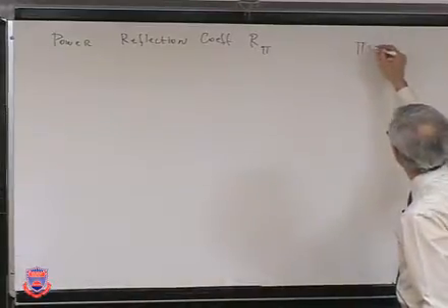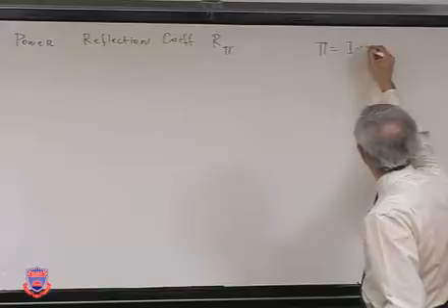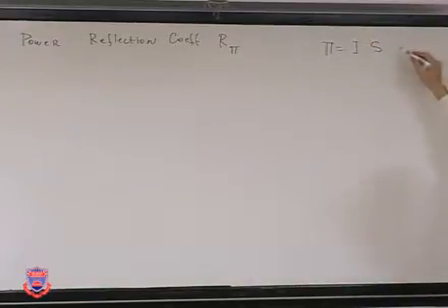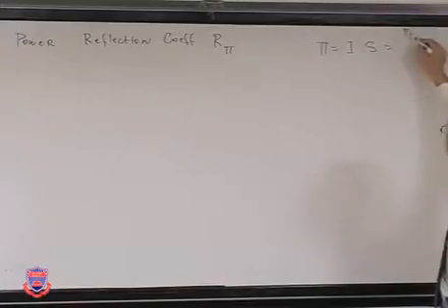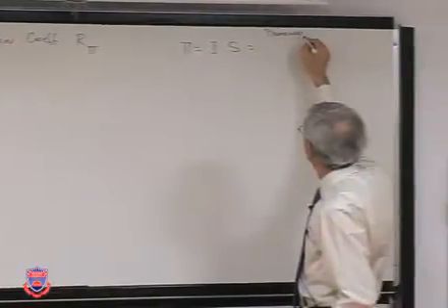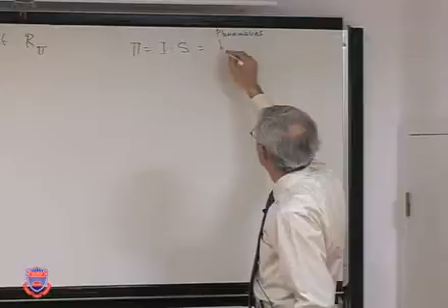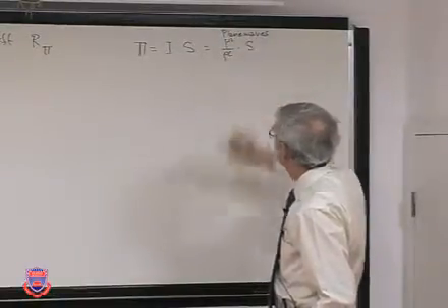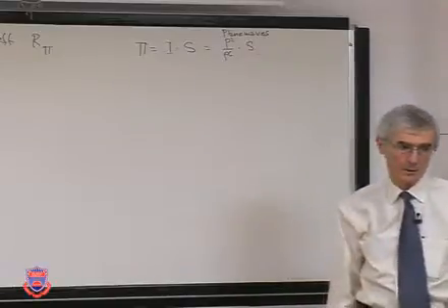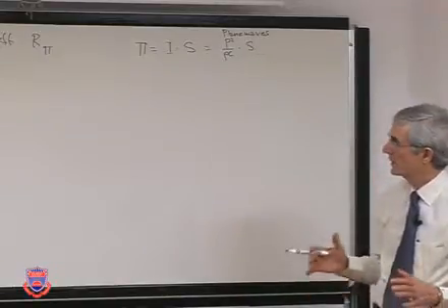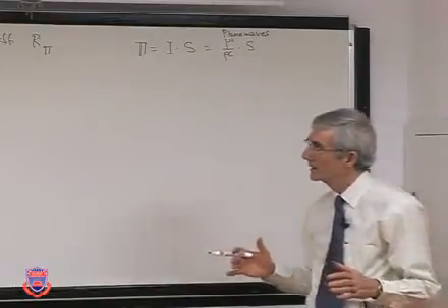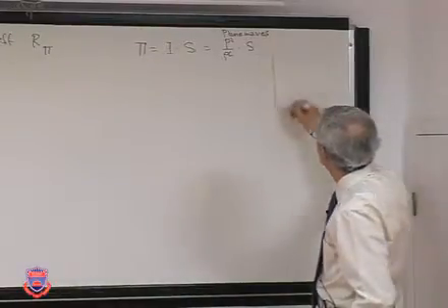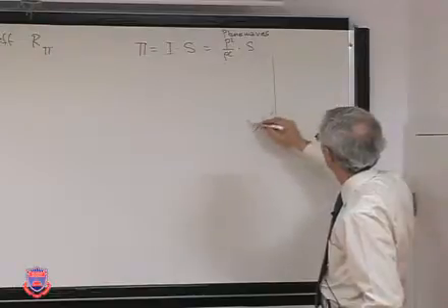Power is intensity times surface area. And for plane waves, that would be p squared over rho c times the surface area. So in the case of a reflected wave,